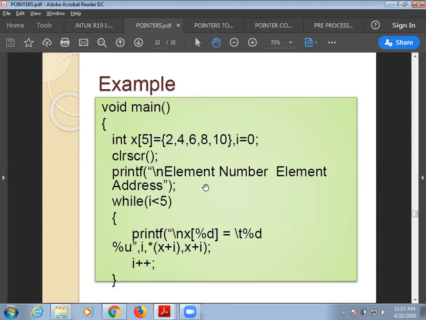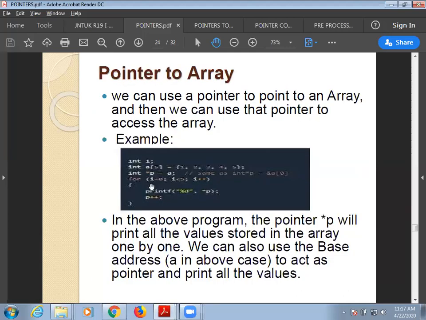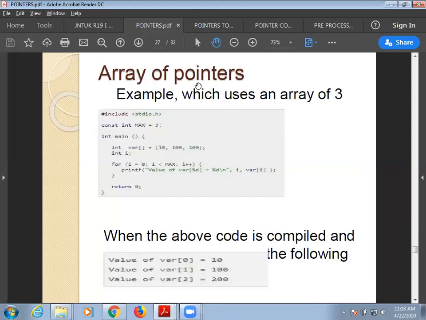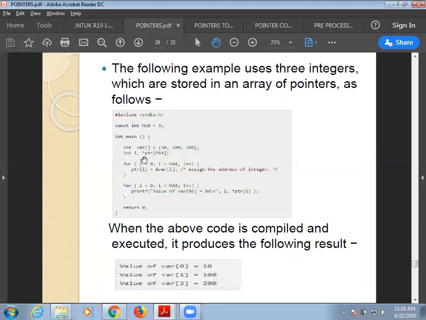Next, we have used pointers to arrays, how you can have a separate pointer pointing to your array elements. And last, we have seen how to create an array of pointers by using int star ptr of some large value. Even if you want to create 100 pointers, you can create them by using int star ptr of 100. These are all the basics of pointers.